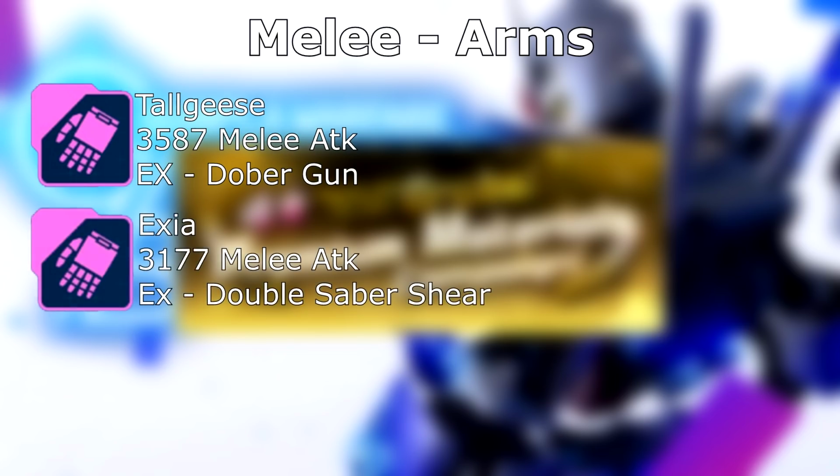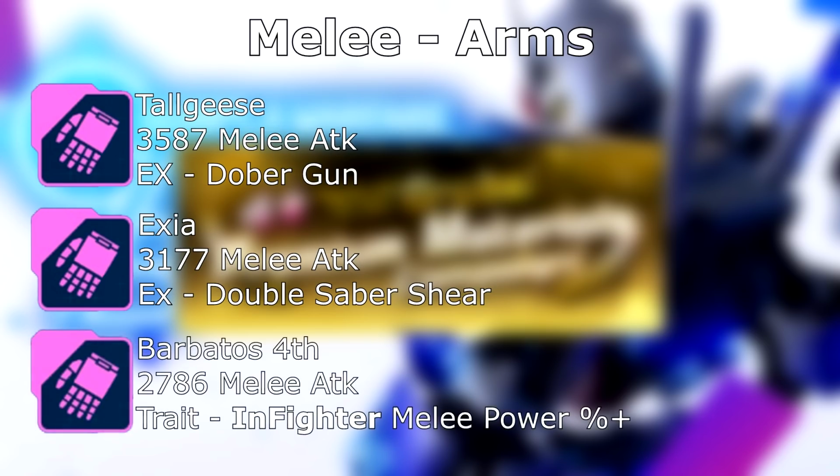We have the Exia, 3177 melee attack, and it has the EX skill Double Saber Shear. B plus power, a B melee EX. It's great. And the last part, the Barbados Arms,